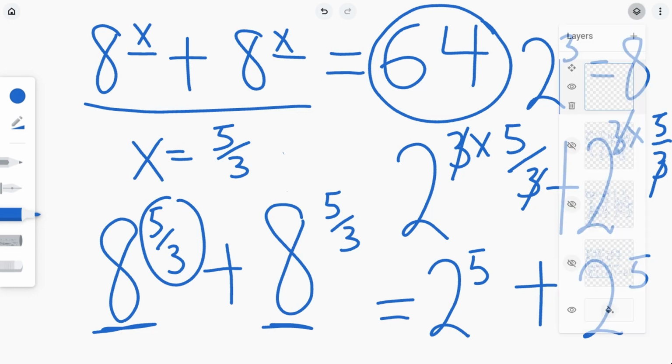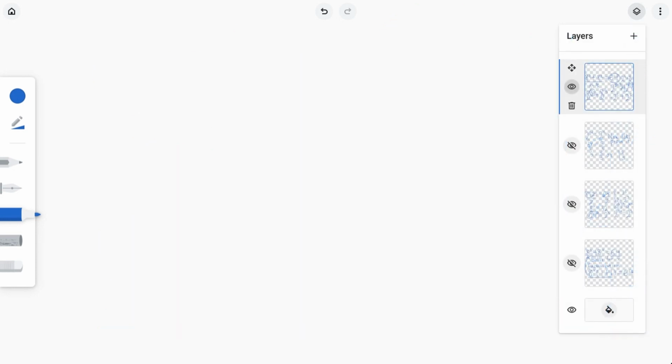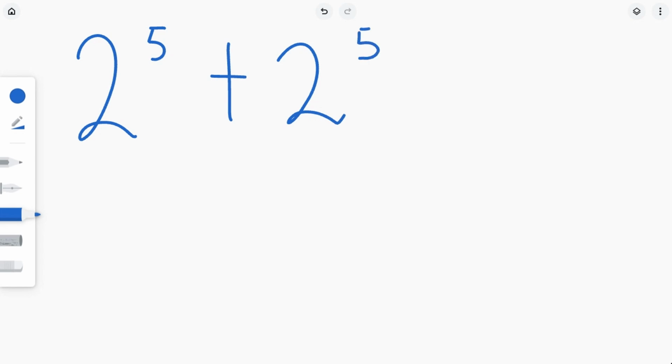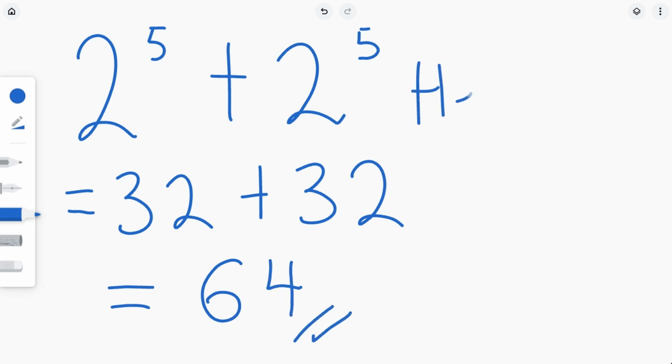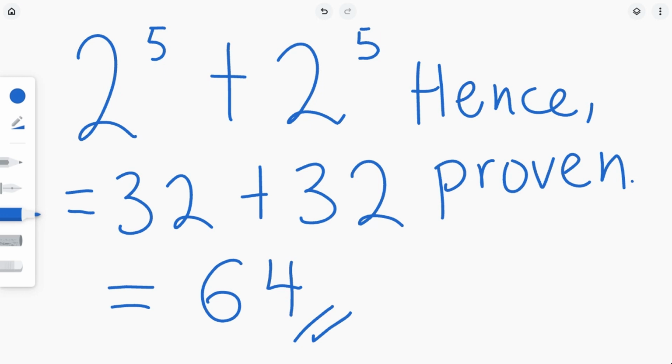Okay, so we move on to the next layer. From our previous knowledge, we saw that 2 raised to the power 5 plus 2 raised to the power 5. We knew 2 raised to the power 5 as 32. So this is an addition of 32 two times, which should give us 64. And that should be our final answer. So proven. So don't forget to